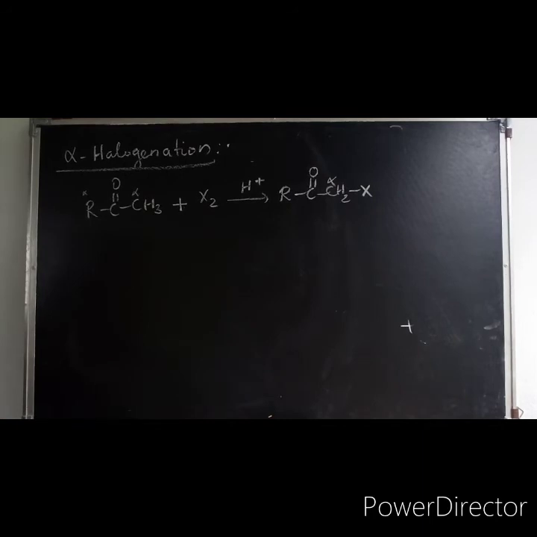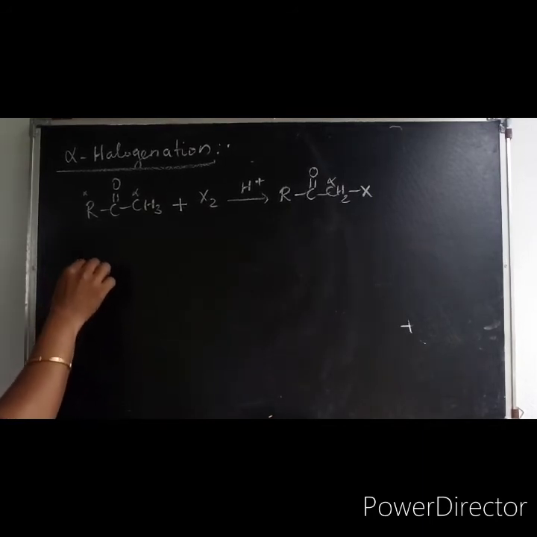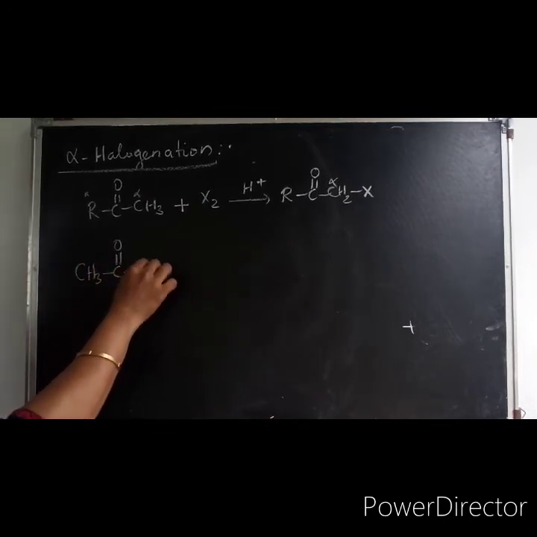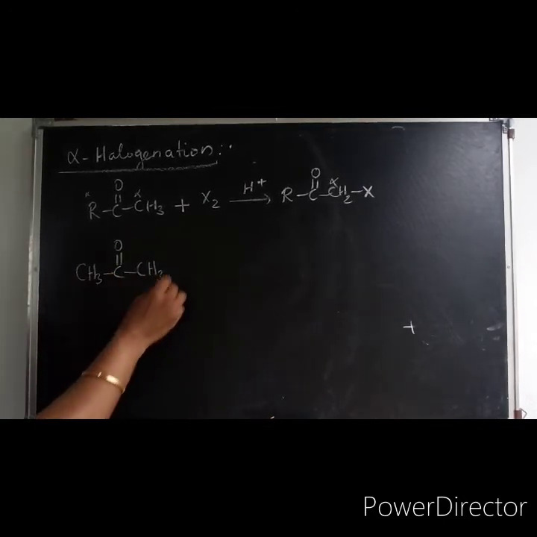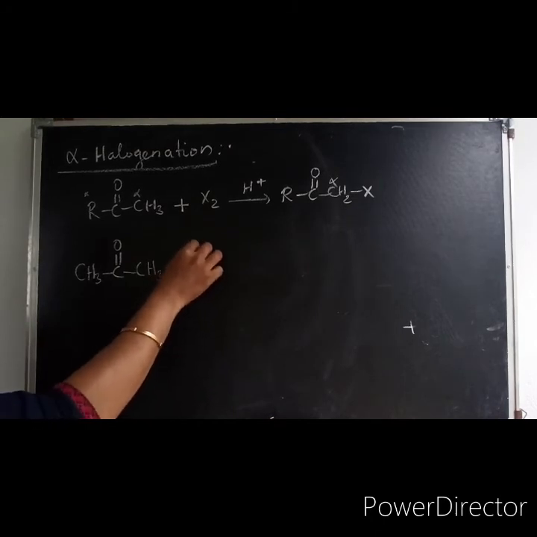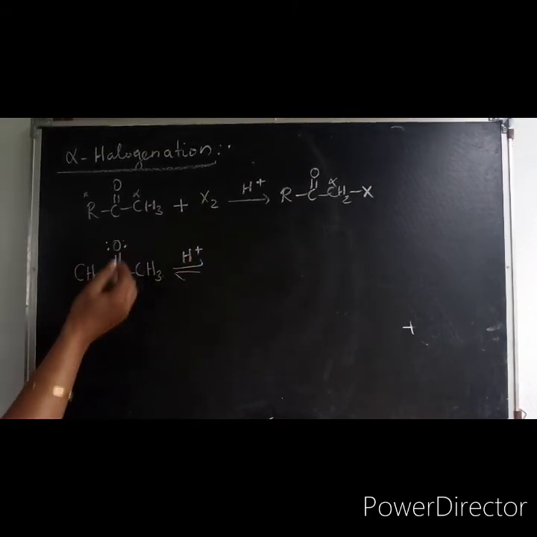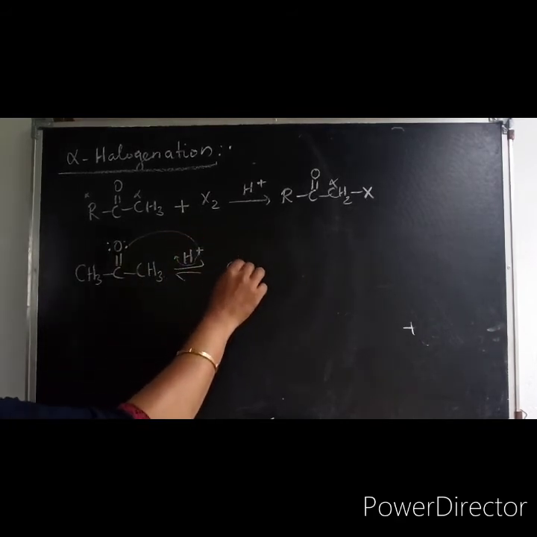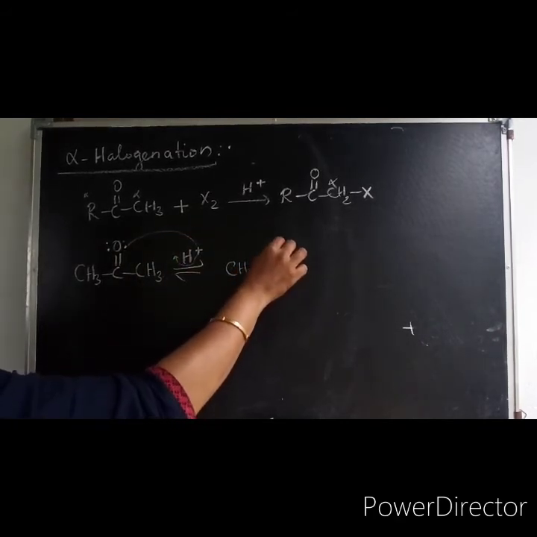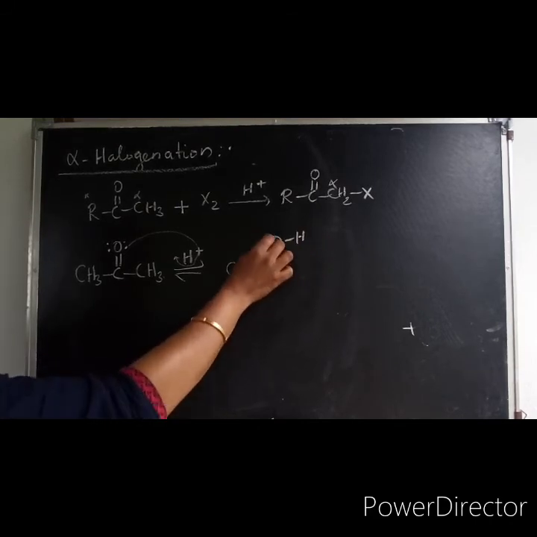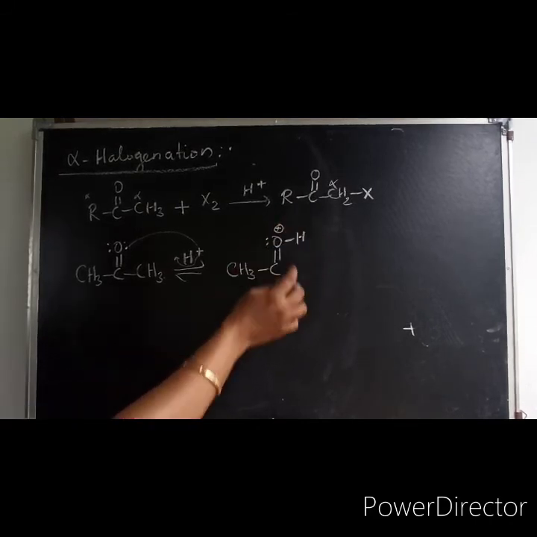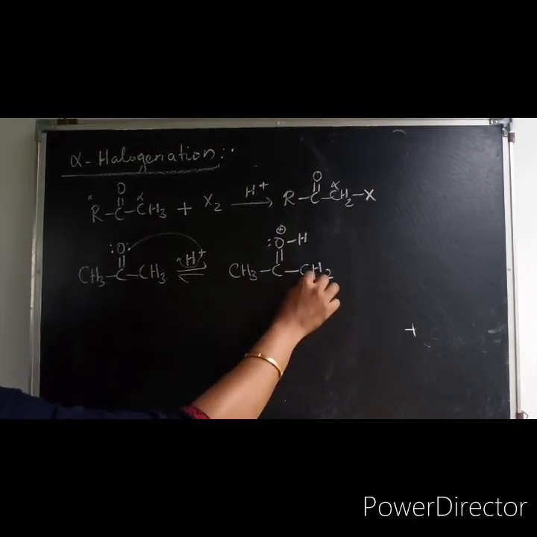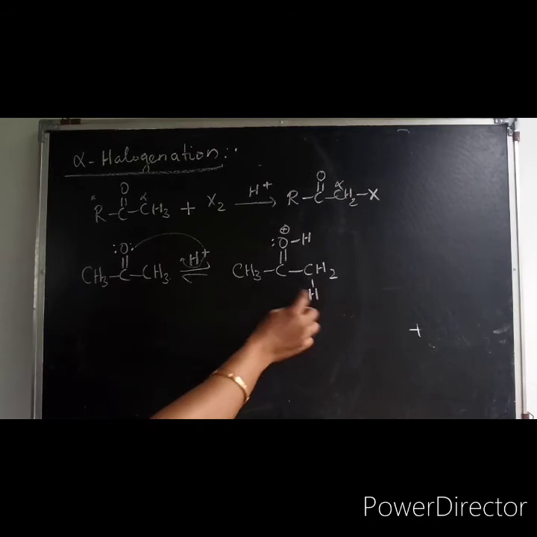So let us take an example by taking acetone. How is this happening? We will have mechanistic insight by seeing this. So this is acetone, and if you are adding acid into it, what will happen? Immediately enolization will happen. This lone pair will be picking up this proton. So how will you write? CH3, C double bond O, H. Since one lone pair is lost, this oxygen will be getting a positive charge. And here I will write like this, CH3. Any side you can write.